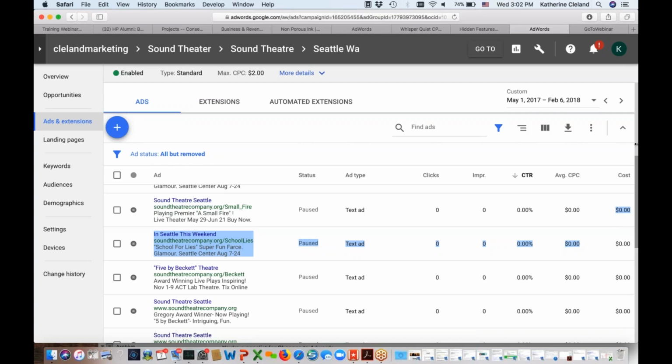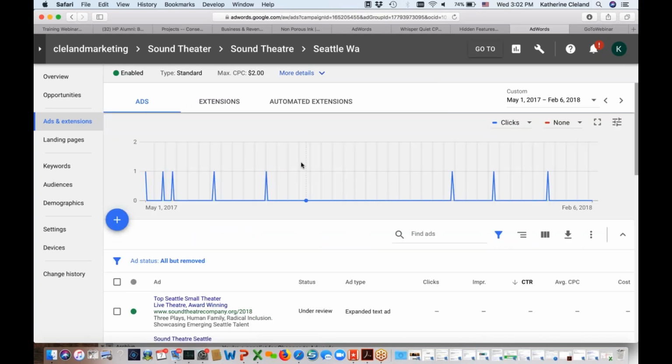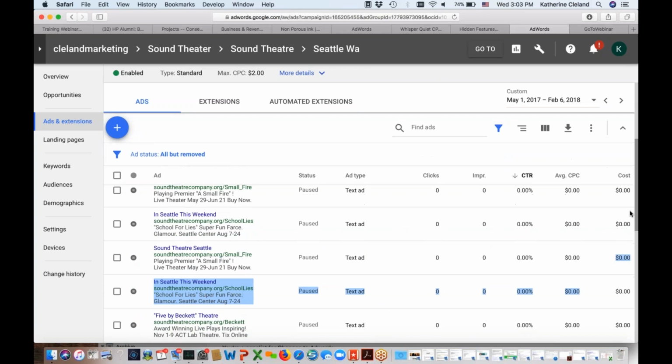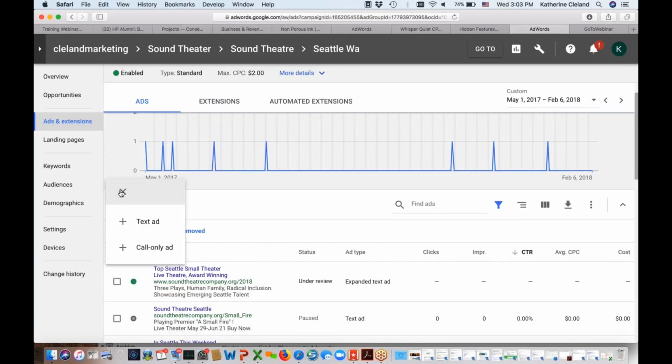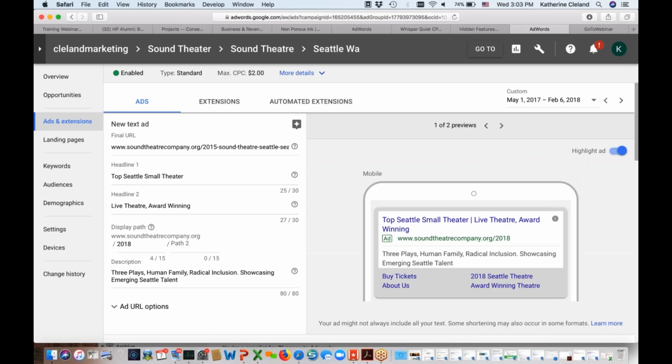But you can see in this ad group, so I'm here in ads and extensions, I still don't have 2 ads. So I'm required to have 2 ads for every ad group. So I need to click the plus again, add another text ad. It'll immediately give me my previous text ad, but it will now allow me to edit where I'm landing, so a new landing page. In fact, I'm just going to let it land on the home page, and I am going to change this to be